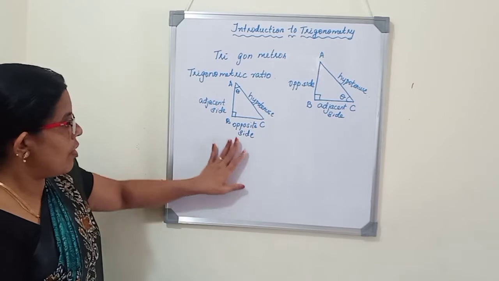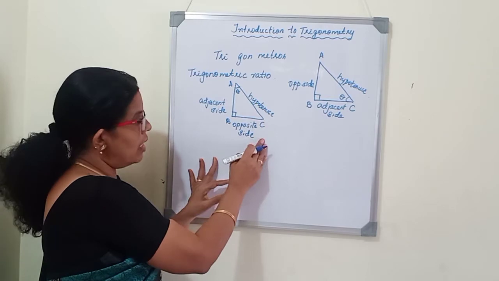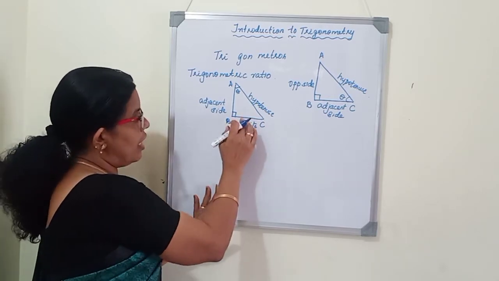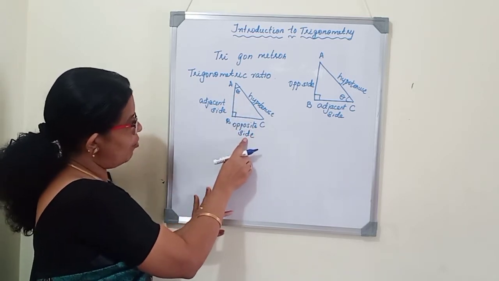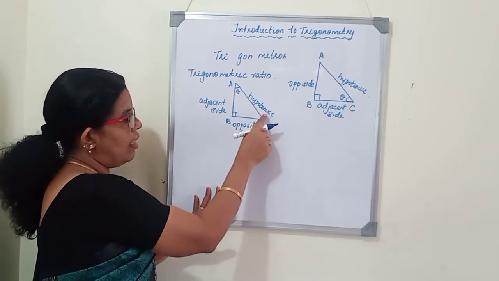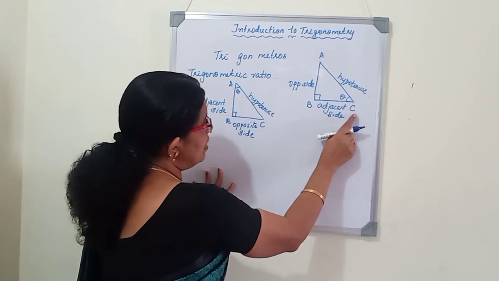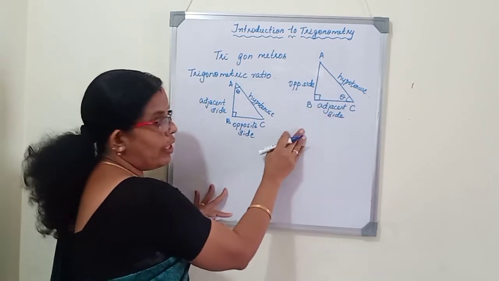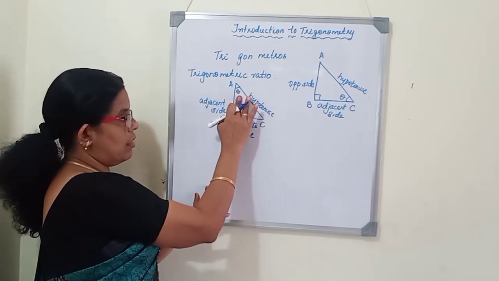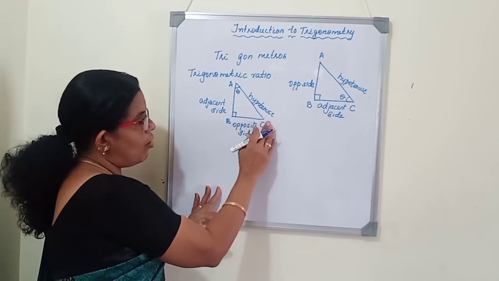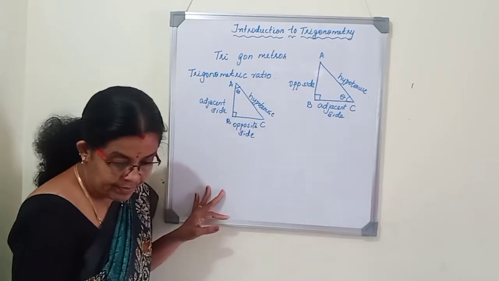So, first thing we have to remember is that we are learning only about acute angles. With respect to acute angles, we are going to find some ratios with respect to the sides. So here if angle A is considered as theta, BC is the opposite side and AB is the adjacent side, AC is the hypotenuse. With respect to C as theta, adjacent side will be BC and opposite side will be AB. According to the question, sometimes they will give you where theta should be marked, or they will mark the theta already. Or if we are marking according to the question, we can write the opposite side and adjacent side.